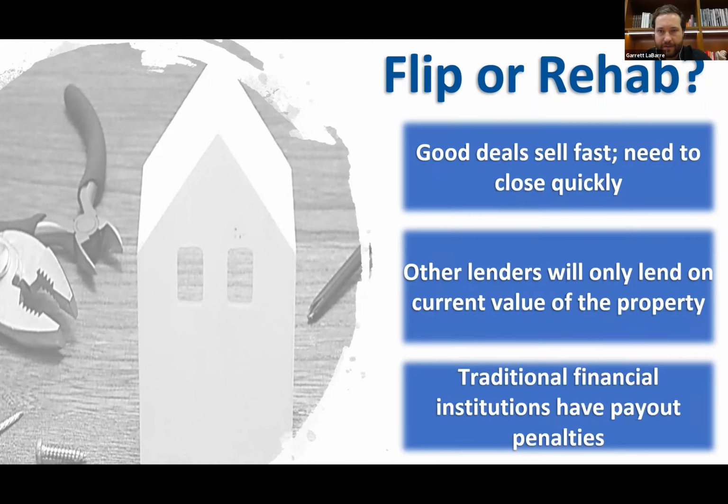Flip or rehab. Good deals sell fast. As Jesse said, we want to make sure that you are set up for success, so make sure you have a team in place so you can act really quickly. I want to go over a really quick idea of how quickly we can act. On Tuesday, I met with a prospective flipper, I think at 10 a.m. in the morning. We talked about how we get him qualified, what kind of properties he's looking at, that sort of thing. I said, if you provide me with an app, credit, and your NOA, we can get you pre-approved